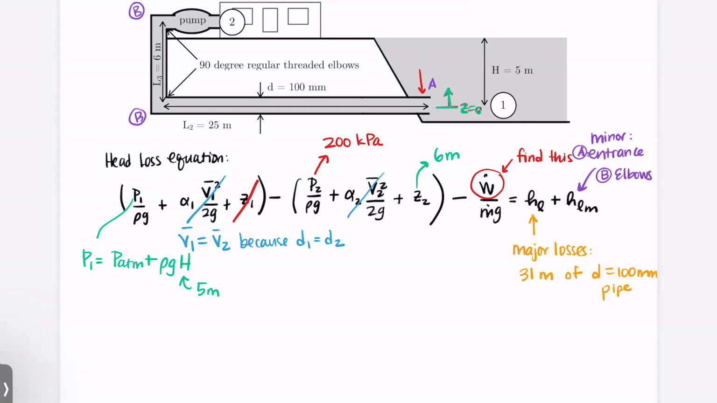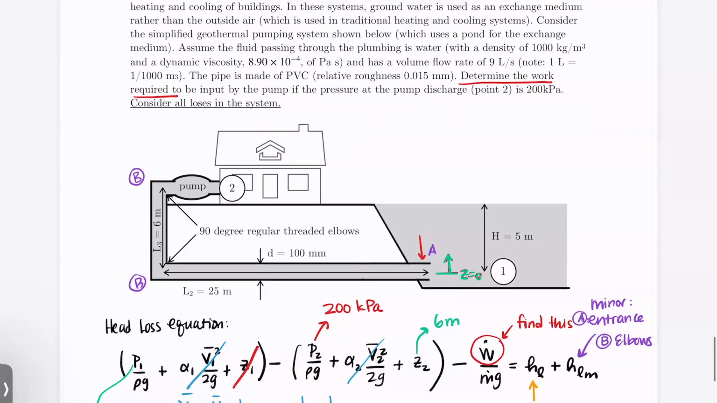Nope, you don't have enough information to figure that out. The problem has not given you any efficiency information for the pump, so you can ignore that. That's a fair question though. The problem we did in class,